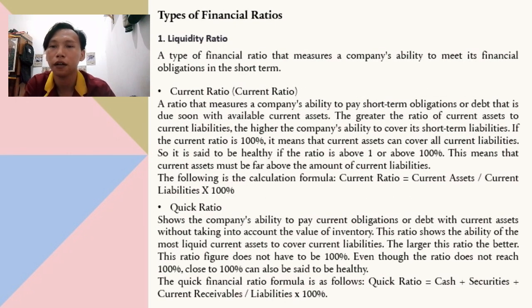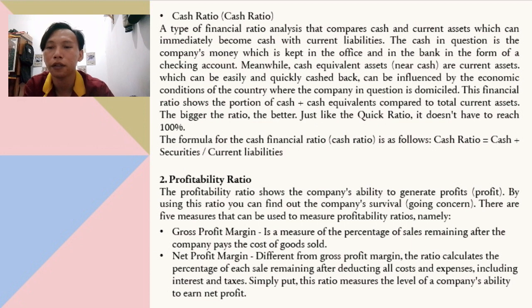Types of financial ratio. 1. Liquidity ratio, a type of financial ratio that measures a company's ability to meet its financial obligation in the short term. 2. Profitability ratio. The profitability ratio shows the company's ability to generate profit. By using this ratio, you can find out the company's survival. There are 5 measures that can be used to measure profitability ratio, namely: